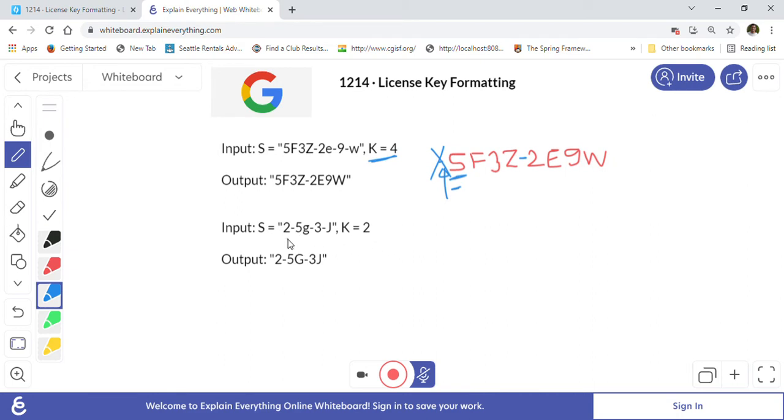Here we do the same thing. We first convert this string into a capitalized string, so it becomes 25G3J. K is given to us as 2. So every two characters we will put a dash.